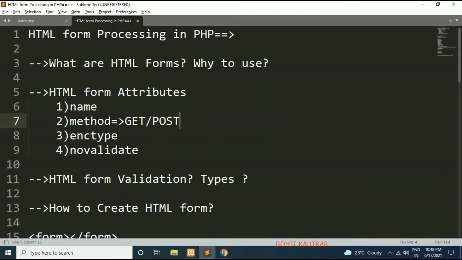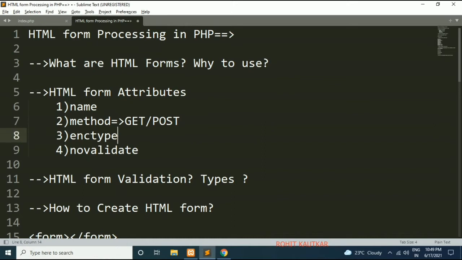While understanding the example of HTML form processing, I will talk more about this get and post method. Right now you just understand that how your data should be transferred from your client to server will be decided by the method of a form. There are two possible values, get or post, and by default the value is get.